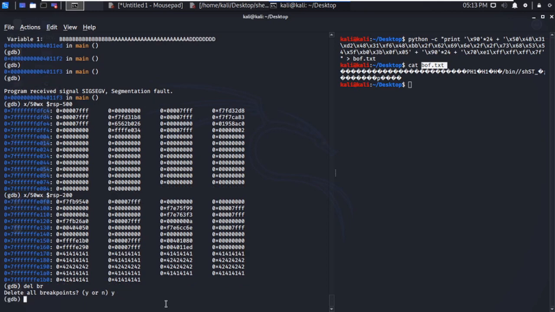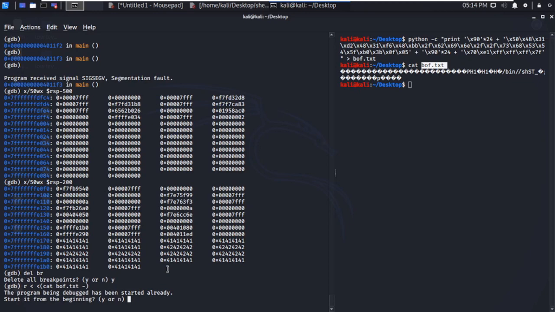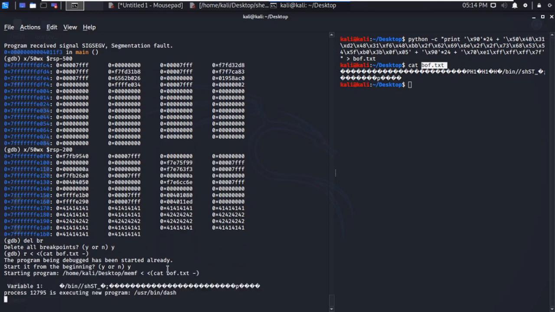So that's how we are directly going to go over to the program and see if this actually works. So let's go ahead and say run, and within this we have to actually do cat buff.txt, and this is the hyphen character that is going to still give us the interactivity in case that we do get the shell. So if I just hit enter, yep,